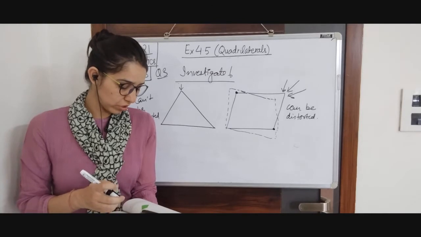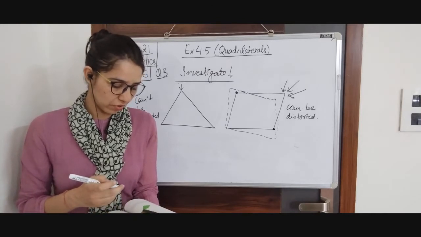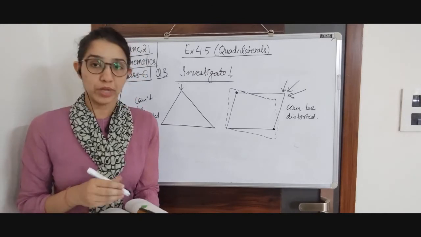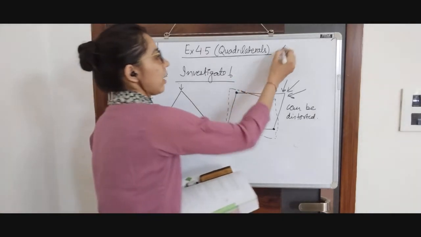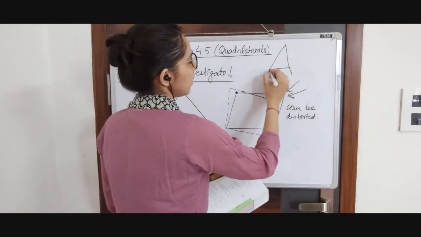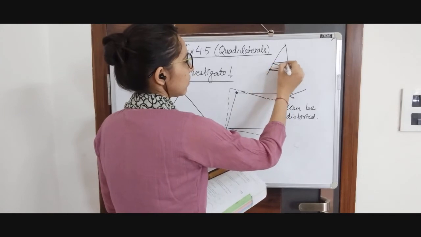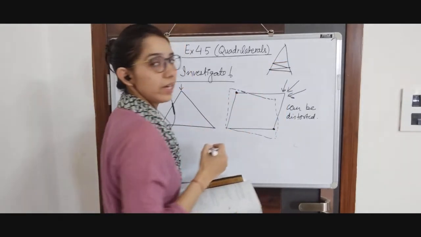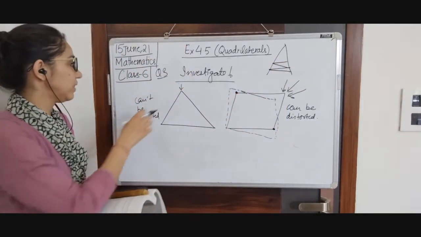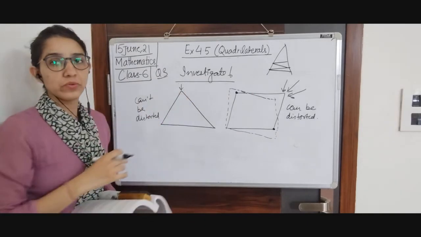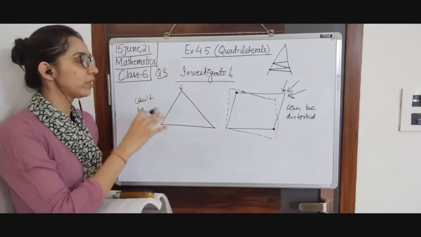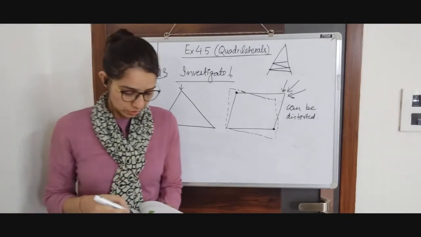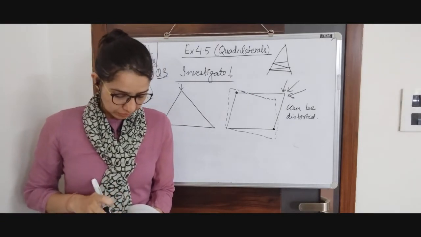Why is it that structures like electric towers make use of triangular shape? Electric towers have shapes like this, like this. Okay, they don't use quadrilaterals, and the reason is because the triangles, by putting force on one vertex, can't be distorted, but quadrilaterals can be distorted.